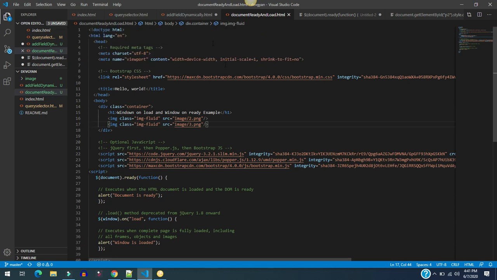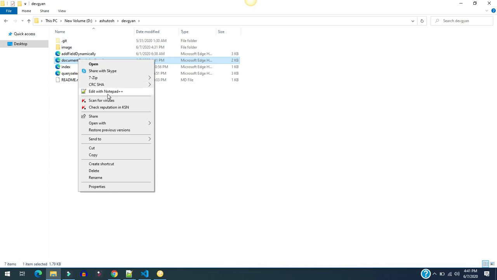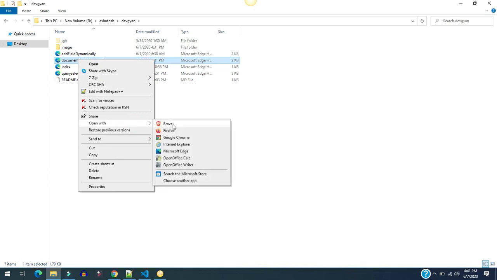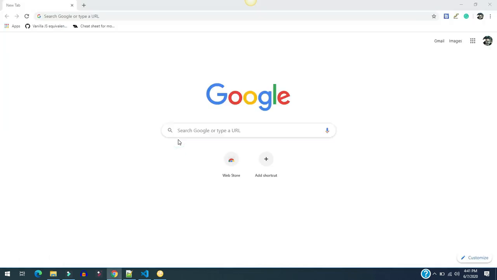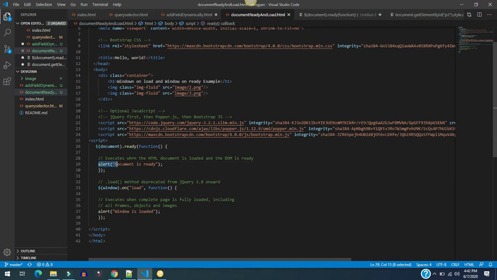Now everything looks fine. We need to run this code, so let's go to our file. Now I am going to load this, so I will open this in the browser. Let's open with Chrome. As you can see, we did an alert in the document.ready and in the window.load.